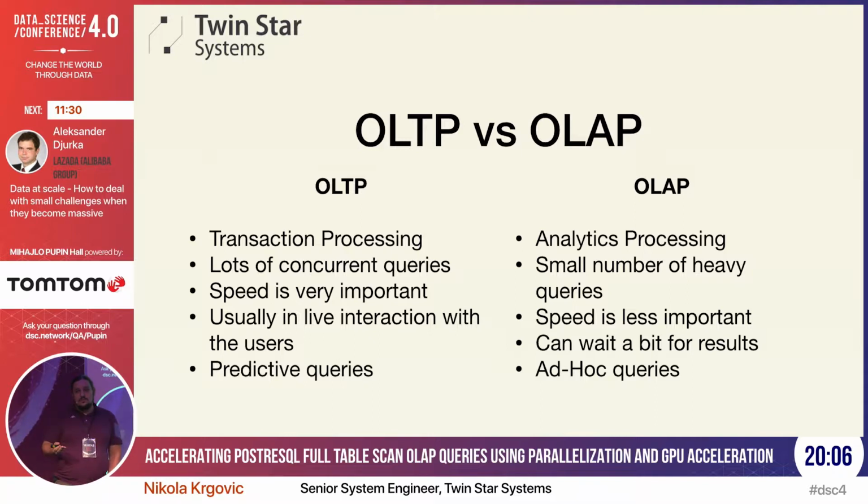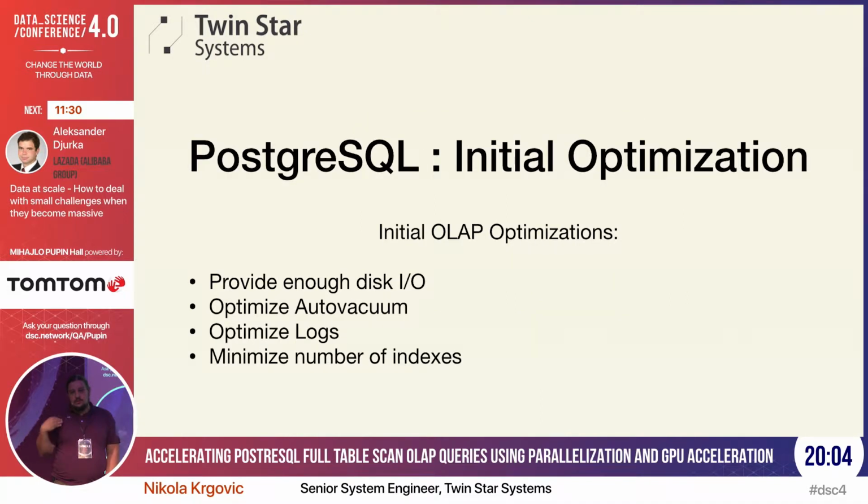So what we do when we do the engineering part, when we optimize the system, is that we try the best we can to optimize the system for the analytics in the sense that we just separate it from the transactional data. The reason we do this, and the reason why we have two types of databases, is because when an analyst comes and asks a query regarding